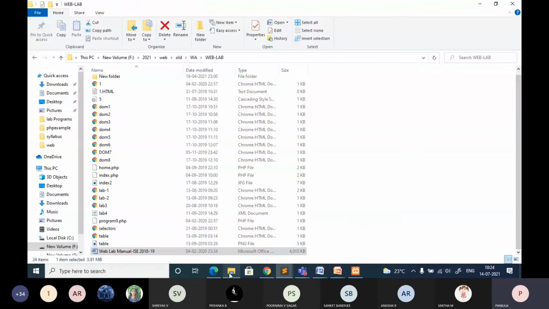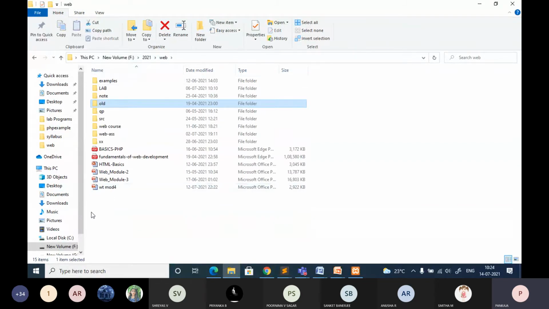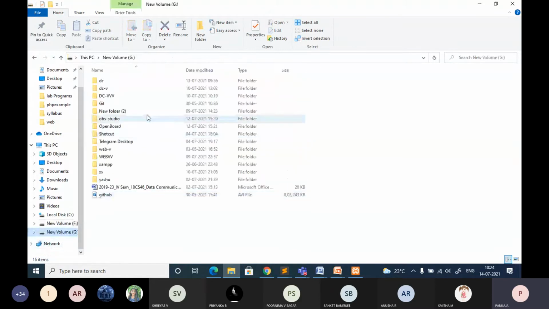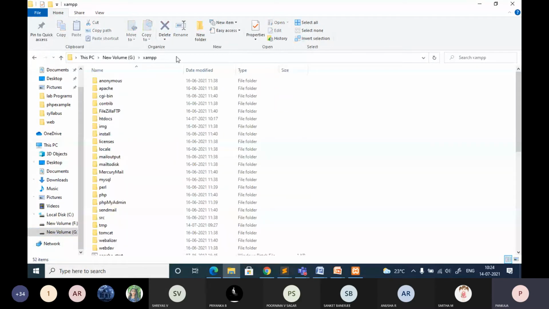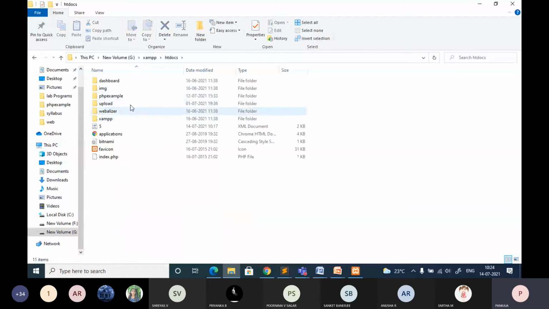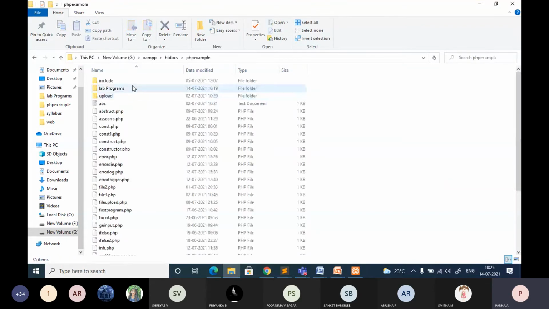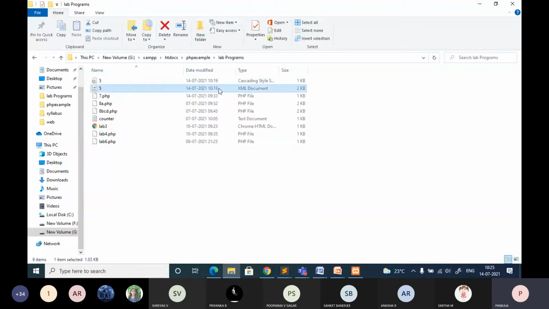You can see even the icon of the file is different. This is the XML file and this is the CSS file.